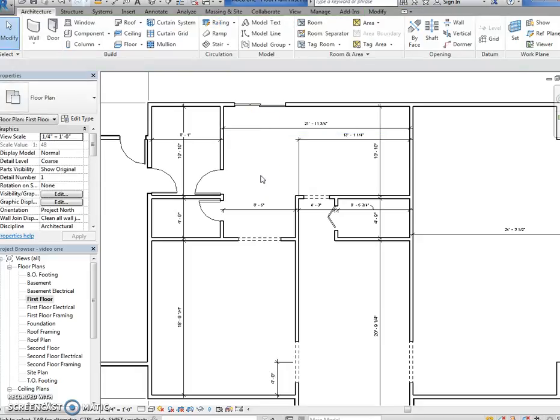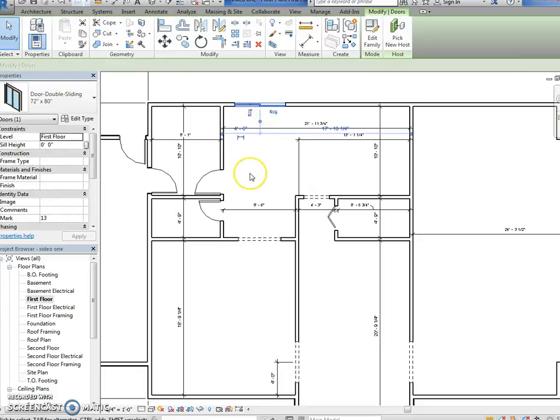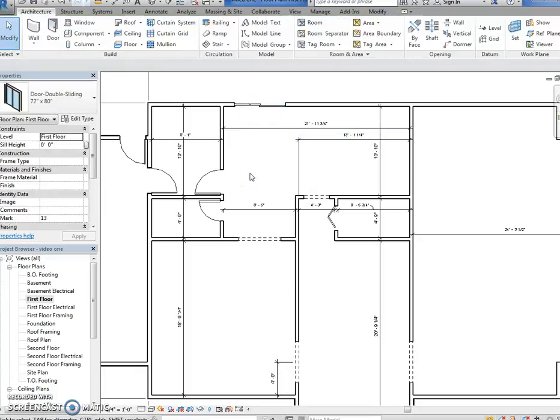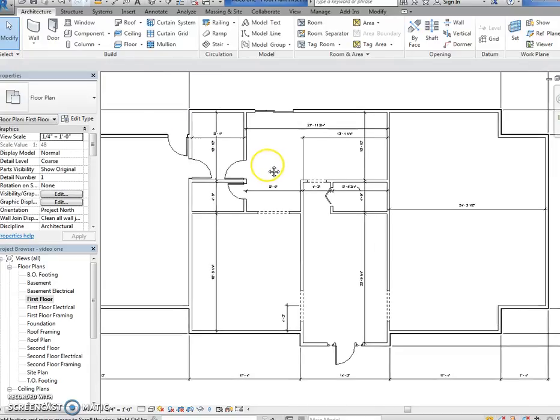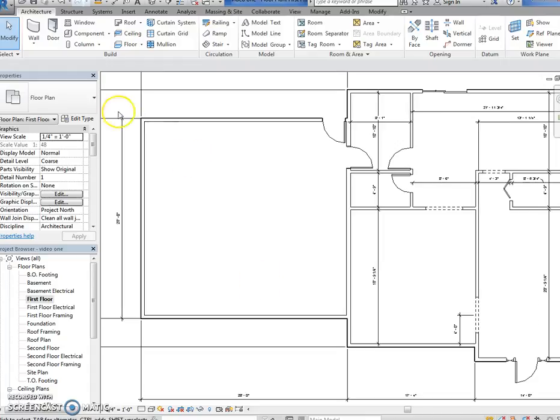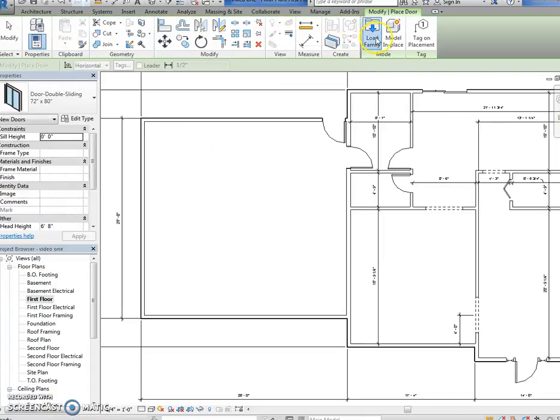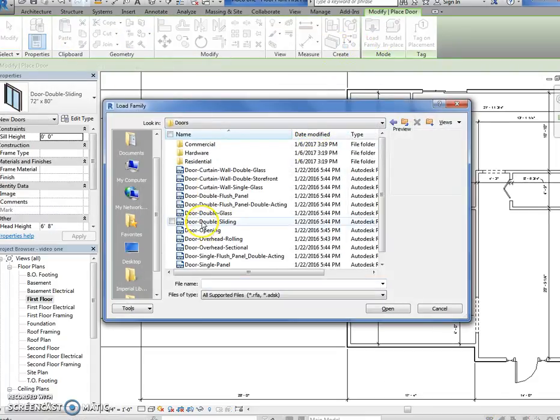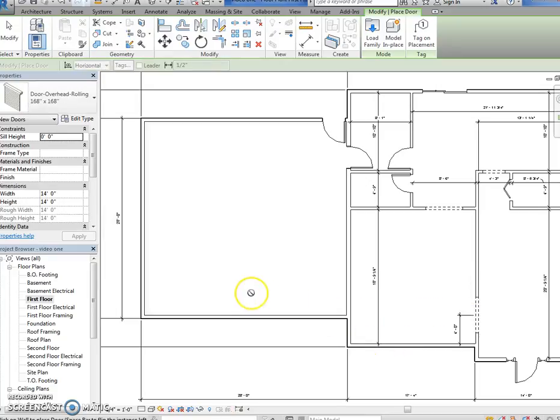So that's it for doors for now. Not going to worry about tagging them just yet. Okay. So our doors are in, but we do need garage doors. So one more door here. Load family, doors, and there's 2 different types. It doesn't matter which one you use. I'm going to go rolling, and I'm going to put in,